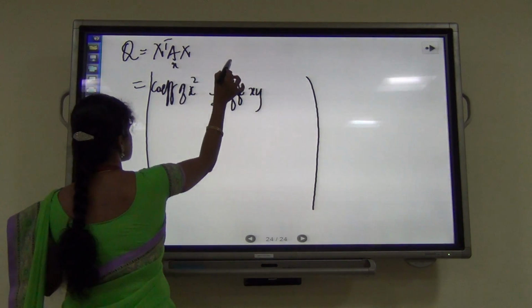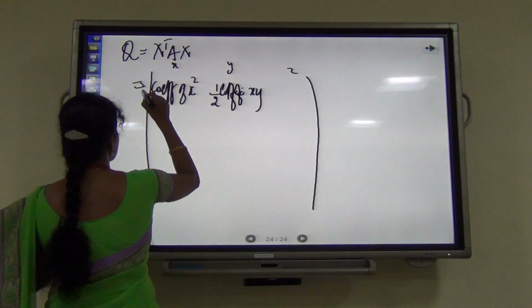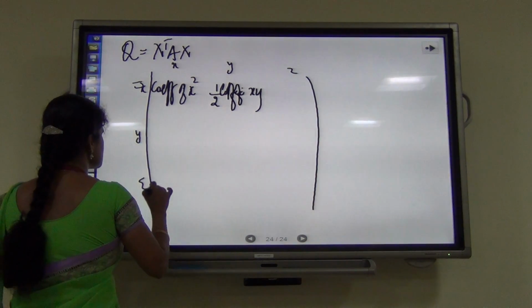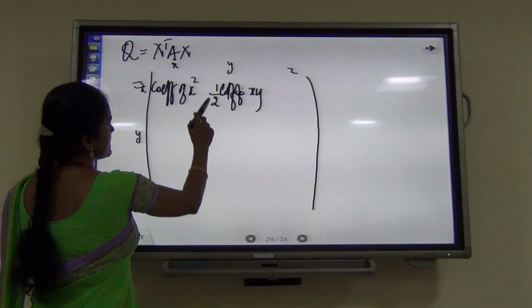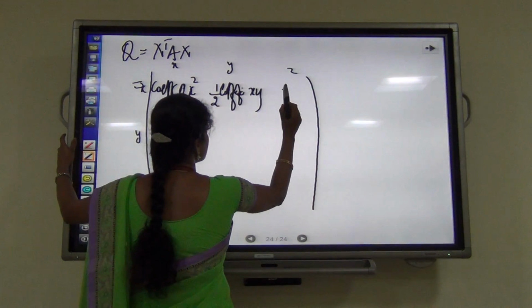Let us take this as x, y, z, and here it is x, y, z. So what combination of entry can you add here? It is xy. That is why I have written half coefficient of xy. Here again it is half